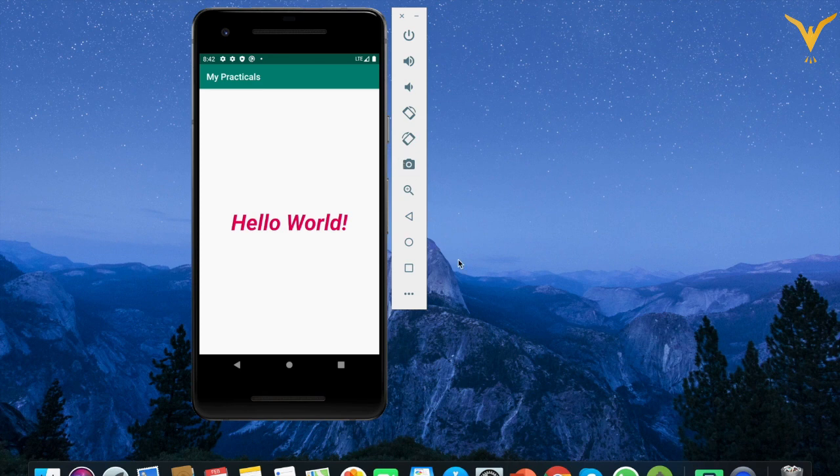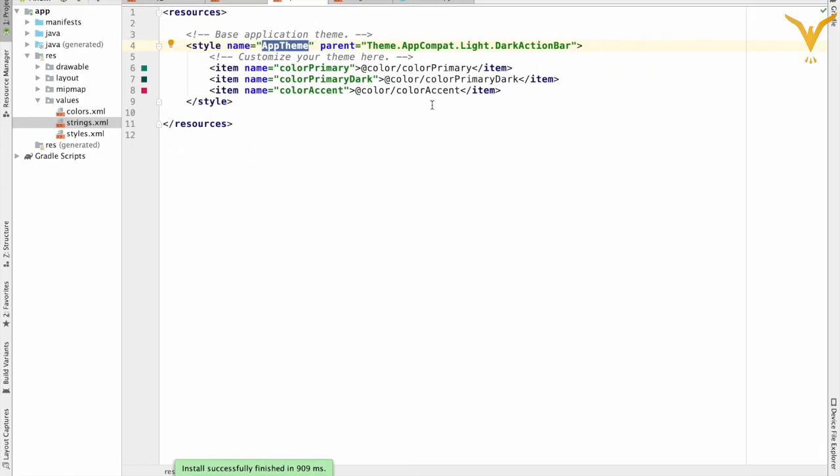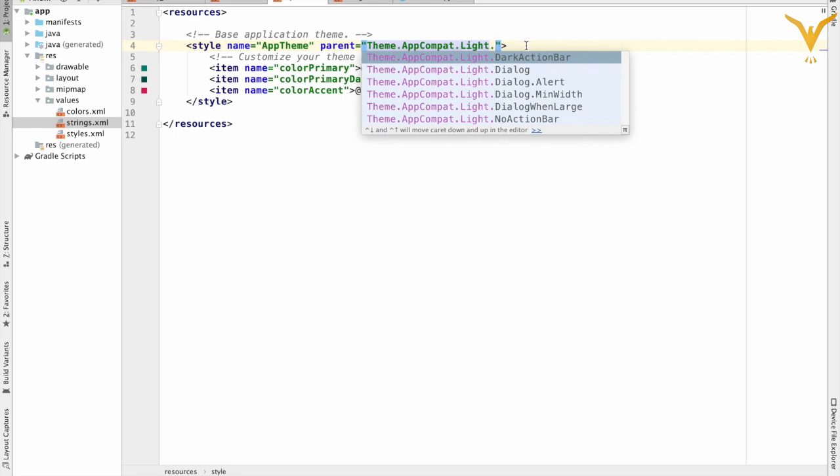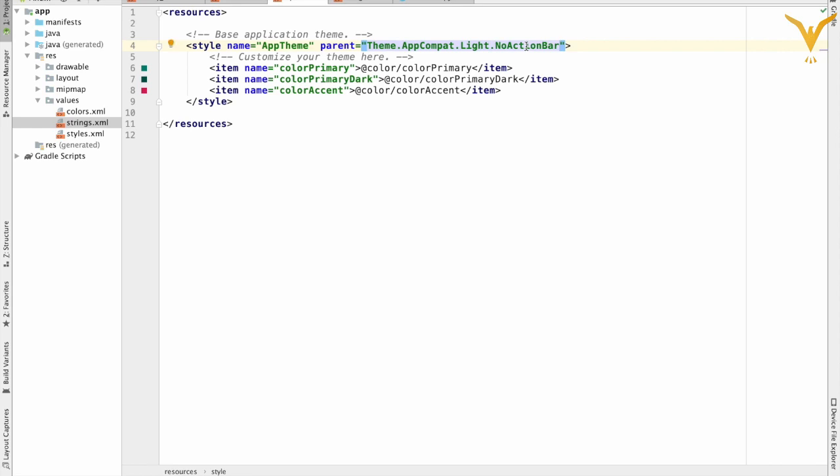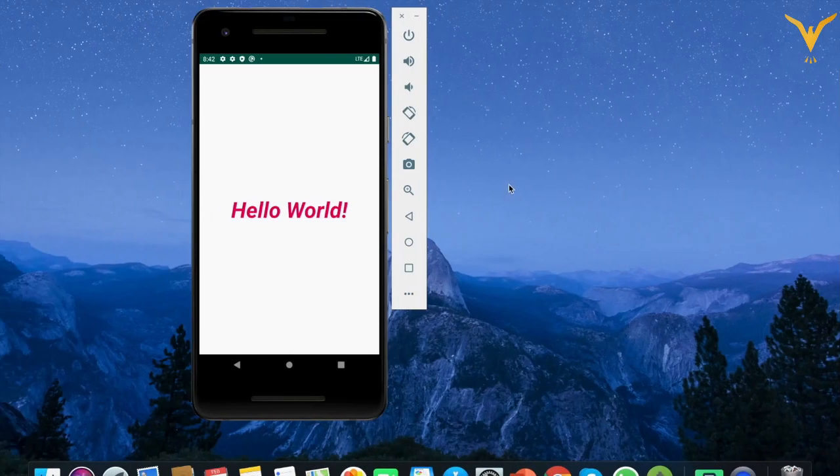So in Android you have a lot of parent themes defined by Android. A lot of themes are there: dark action bar, dialog.alert, no action bar. So we'll just check no action bar also and just run this. Yes, that action bar is gone.